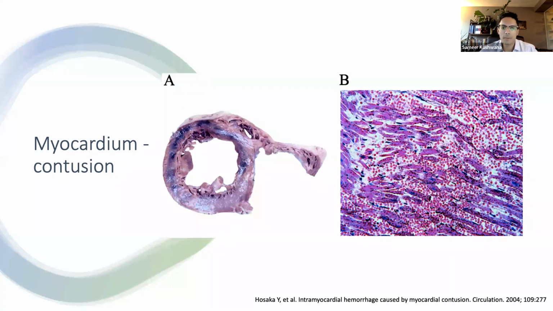So this is a pathologic sample post-mortem, obviously, where the left picture shows a transverse section that looks similar to our parasternal short axis view on echo. And you can see that there is necrotic blackened tissue extending from essentially the anteroseptal region laterally all the way to the inferolateral wall. And on the right is a light micrograph with hematoxylin and eosin staining showing disruption and disarray of the cardiomyocytes and infiltration of red blood cells into the tissue, which is diagnostic of a myocardial contusion.